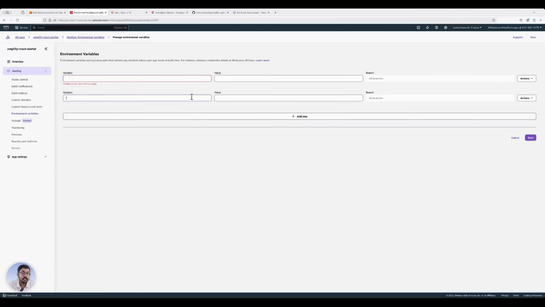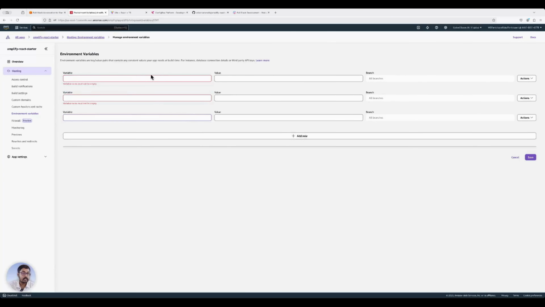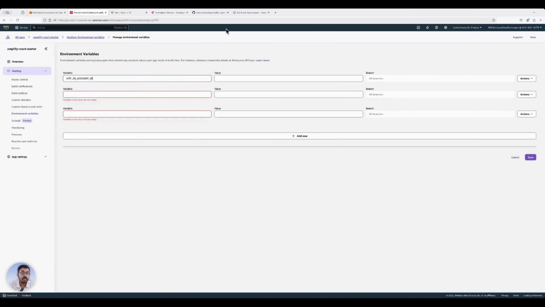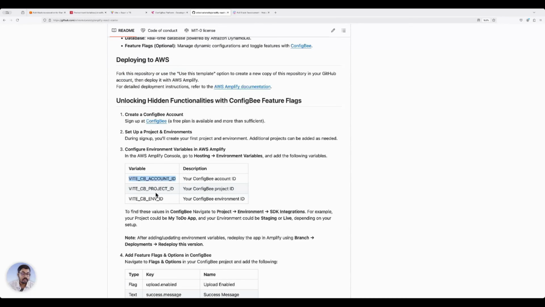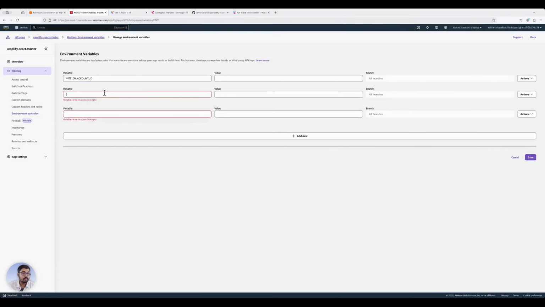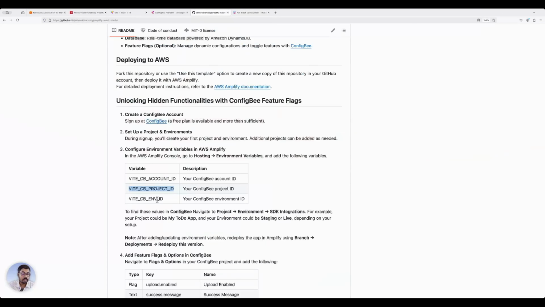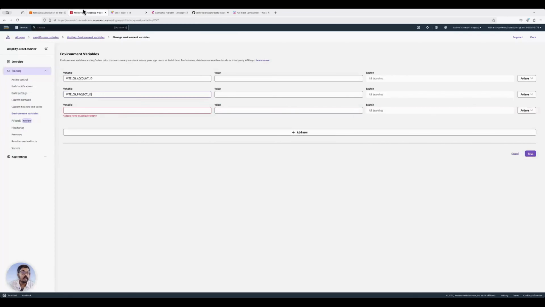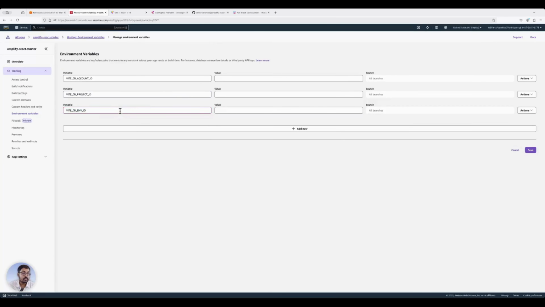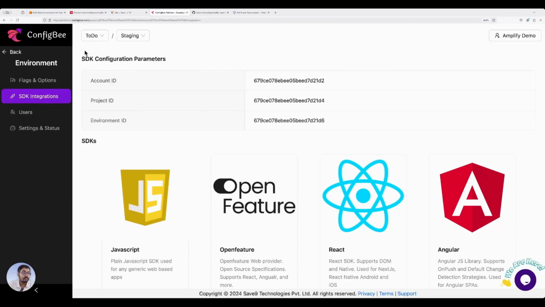I need 3 environment variables, so I'm adding 3 here directly. One is the account ID, next is the project ID, and environment ID. The values I need to get from ConfigBee. So this is ConfigBee, and